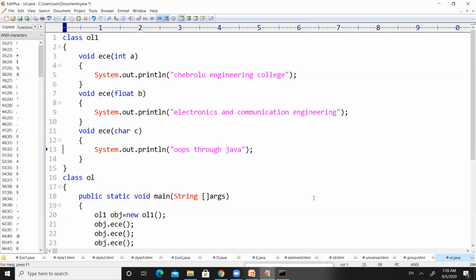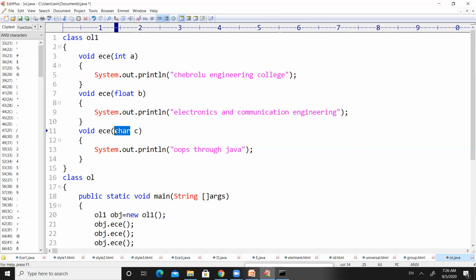But if you observe here, the type of parameters: first ECE is having an integer type of parameter. Second ECE is having a floating point type of parameter, and the third ECE is having a character type of parameter.